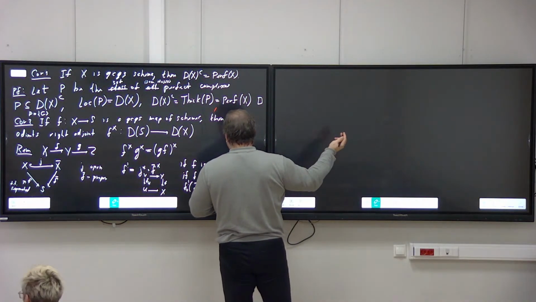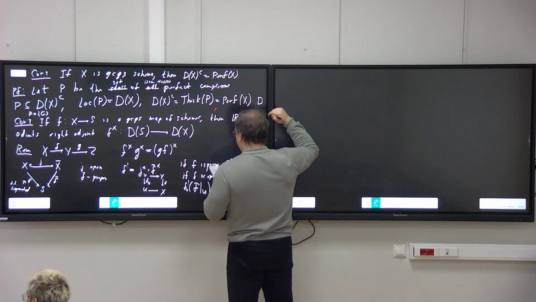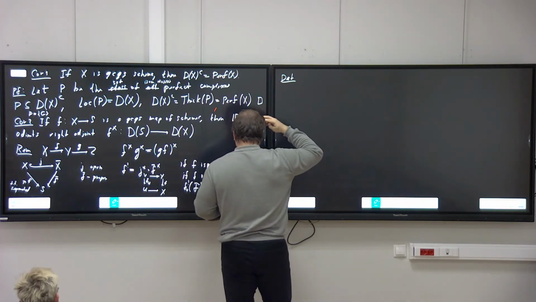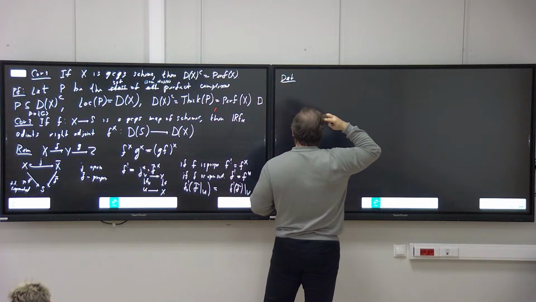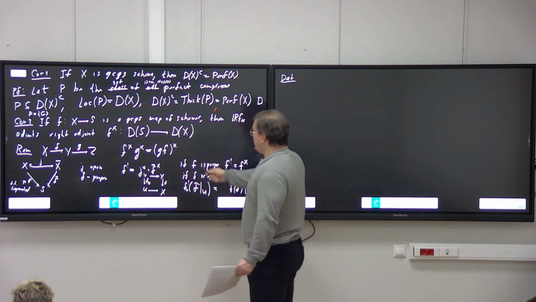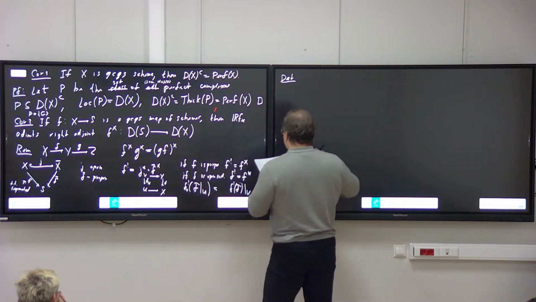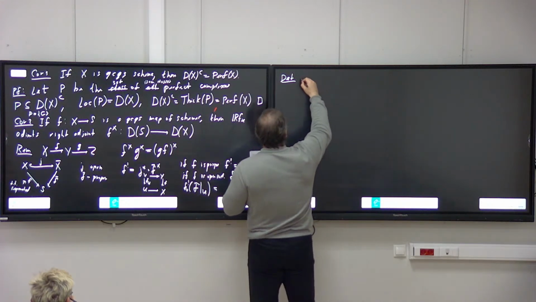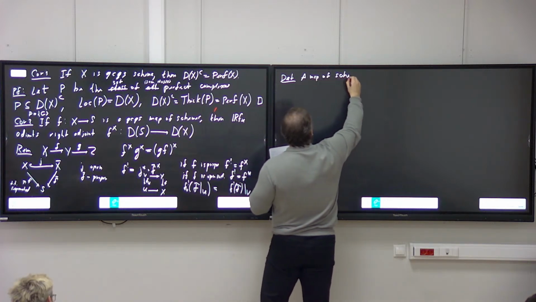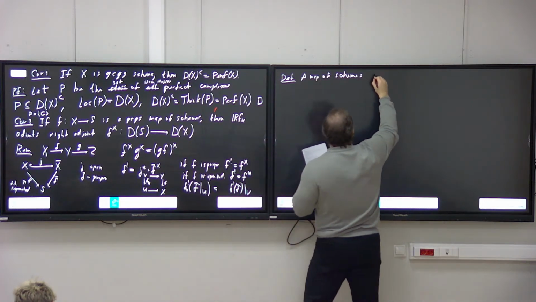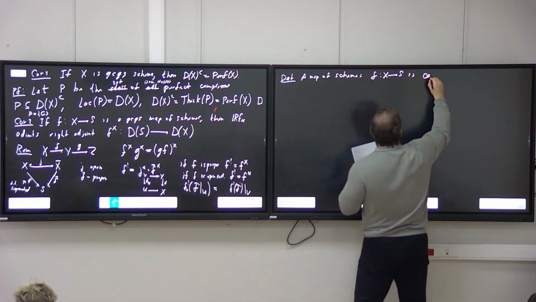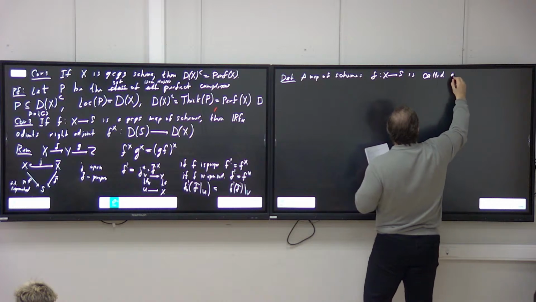Okay, since I mentioned this, I will briefly say something about the quasi-proper maps. That's a class of maps that was defined by Lipman, and this is the class of maps for which naturally you have base change for f cross. And the definition is nice. A map of schemes f from X to S is called quasi-proper